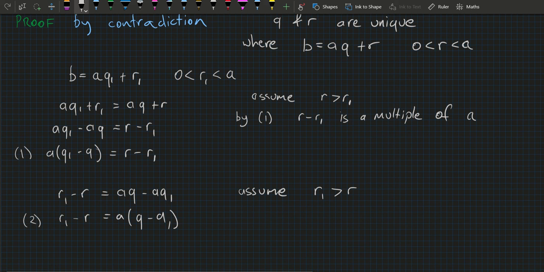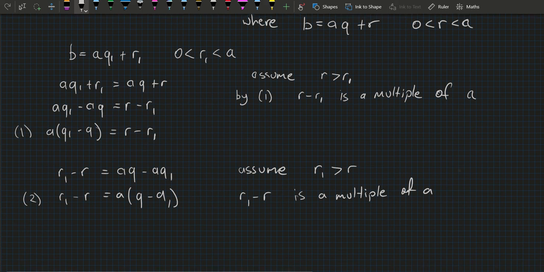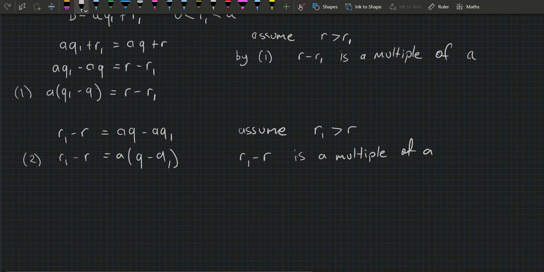I could also say that R1 minus R is a multiple of A, which doesn't make sense if these numbers are between 0 and A, okay? Because it's going to be a number between 0 and R, which is less than A. So that doesn't make sense. So in both these cases,